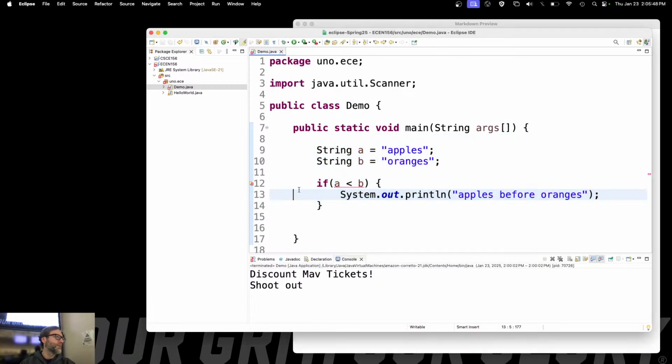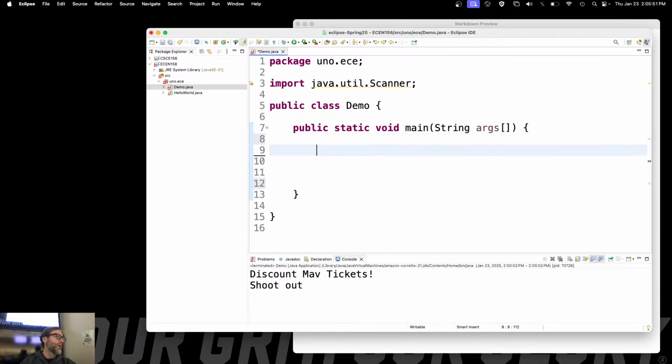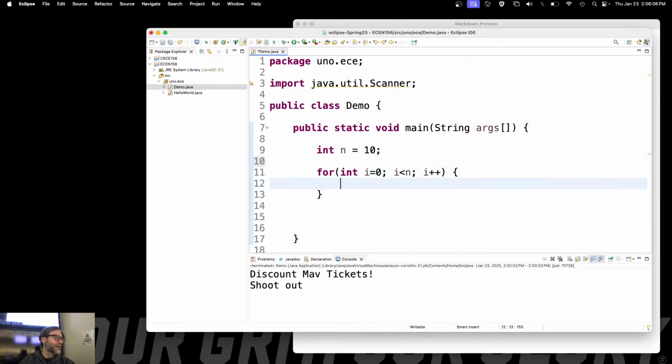So let's go ahead and do some. If I want to count to 10: for int i equals 0, i is less than n, i plus plus. And so I'll set n here to be some value. Int n is equal to, I don't know, 10. And if I